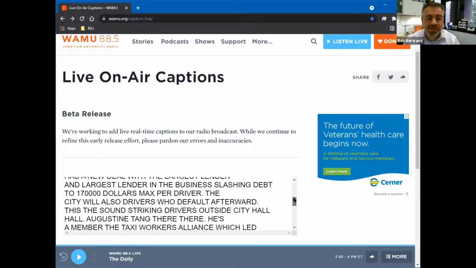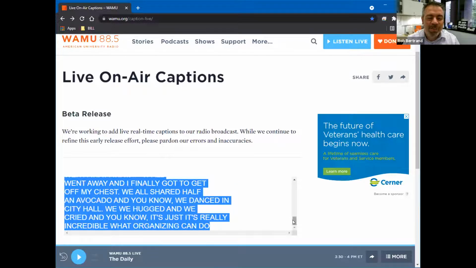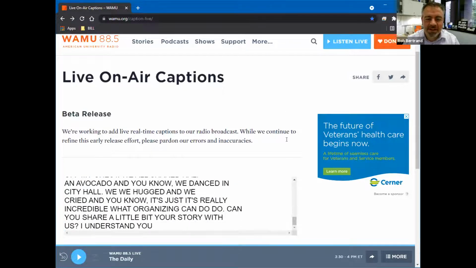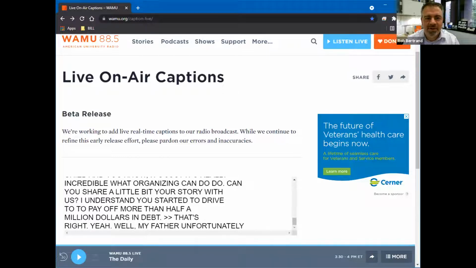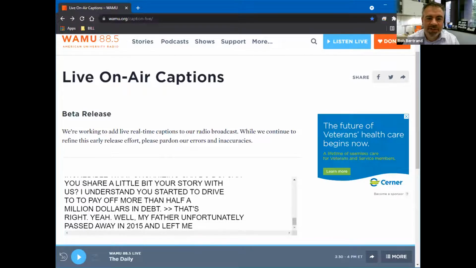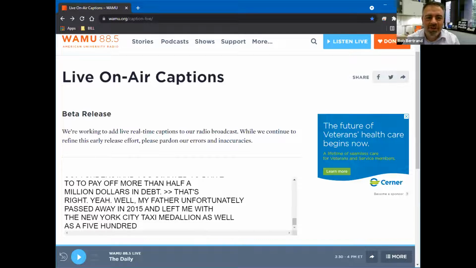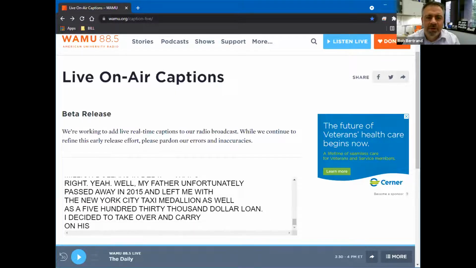We do still consider this to be a beta release, as it is titled here, but we have made good progress in making this more and more reliable in terms of its accuracy, and more stable in terms of its total uptime, because of course there is another middle layer of software here that we developed in-house to convert that WebSocket to the iframe that you're seeing on the page.